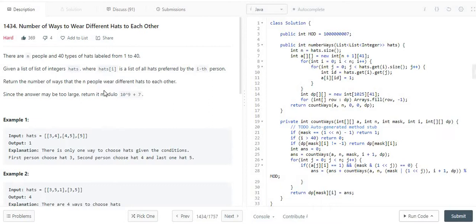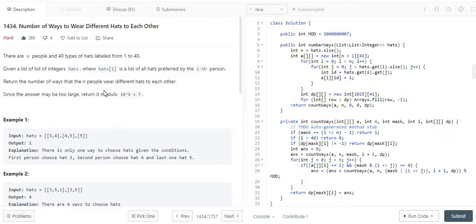What we have to do is return the number of ways in such a way that the n people can wear different types of hats, and no two persons can wear the same type of hat.